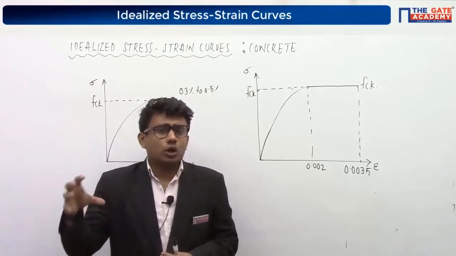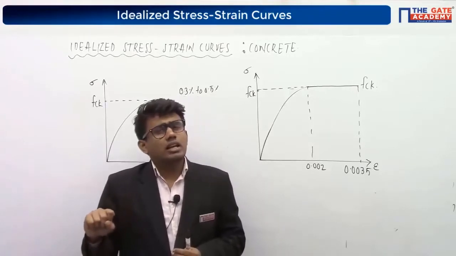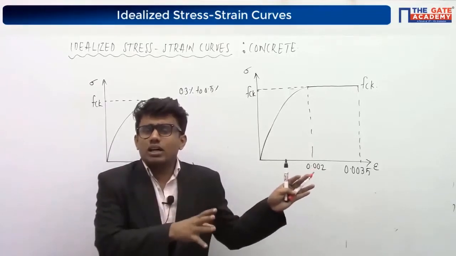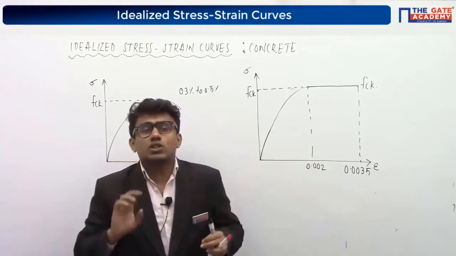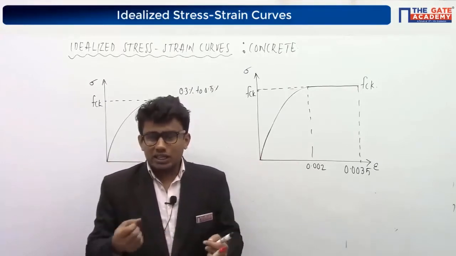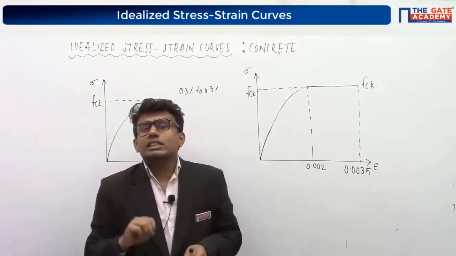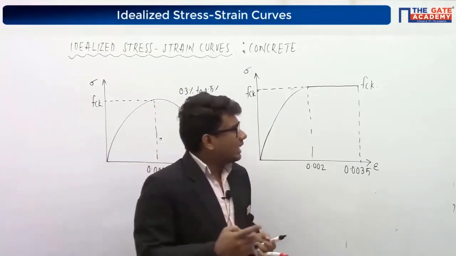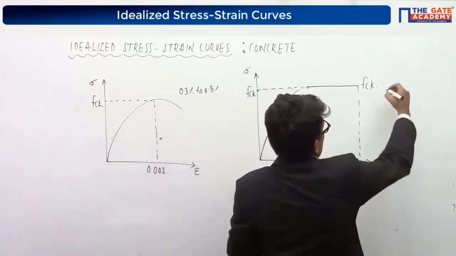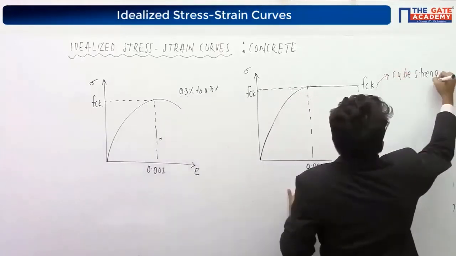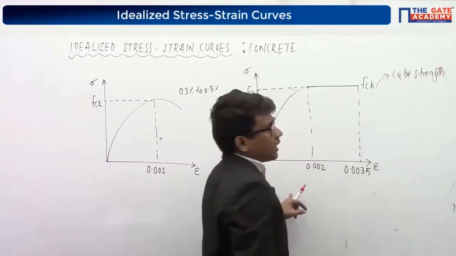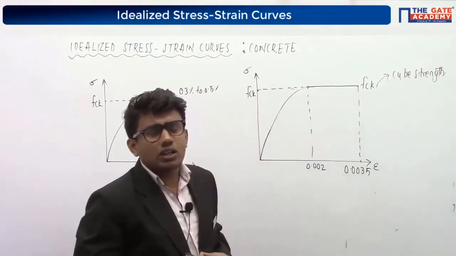The compressive strength I obtained in that cube will be much different from the compressive strength of the actual structure due to a factor called slenderness ratio. You don't have to remember that, but this difference I have to consider in the design. This is for the cube, right? This is cube strength, the characteristic compressive strength of the cube.